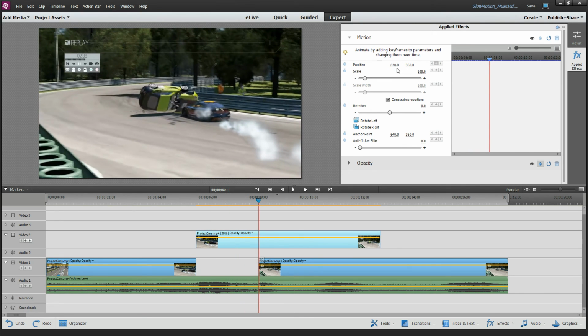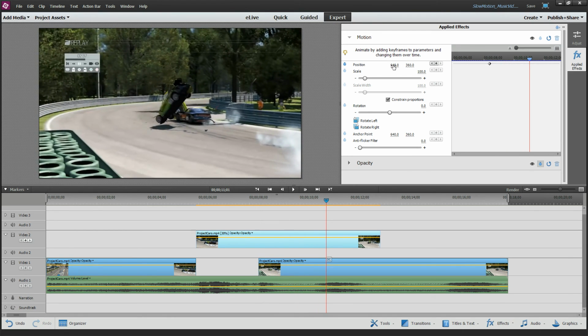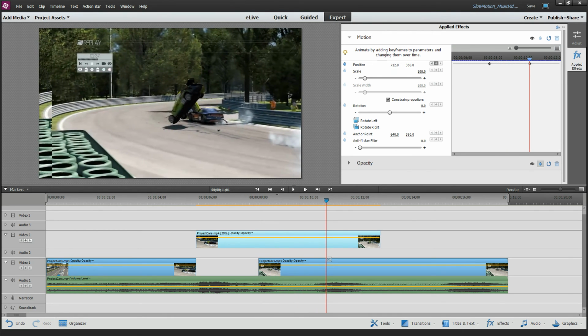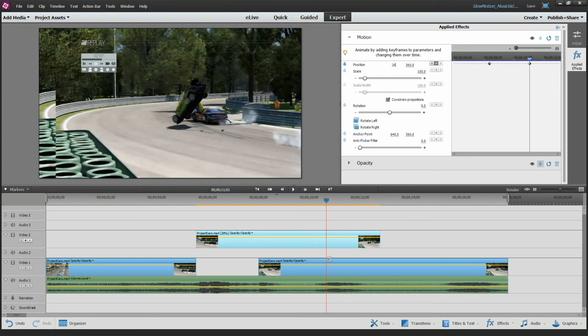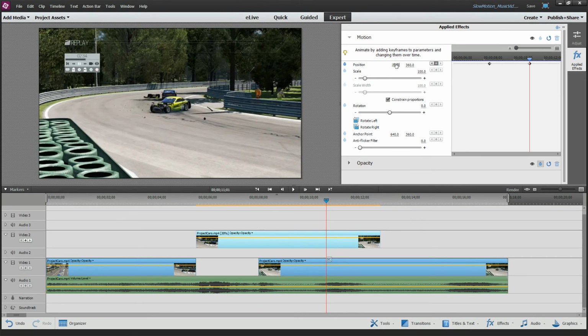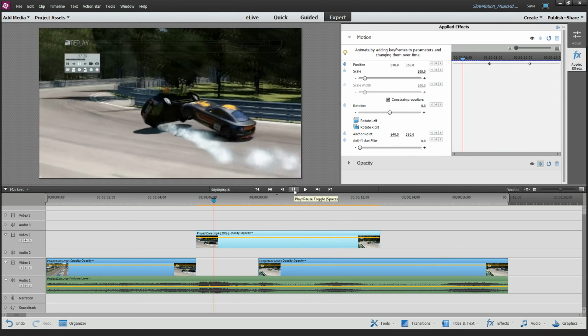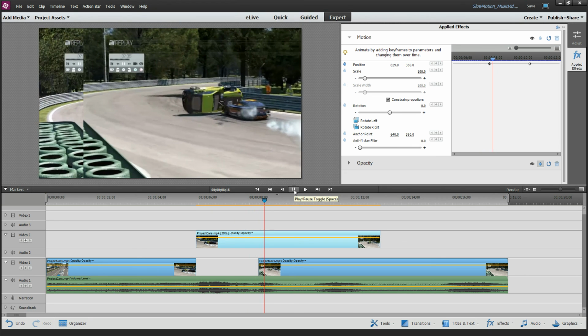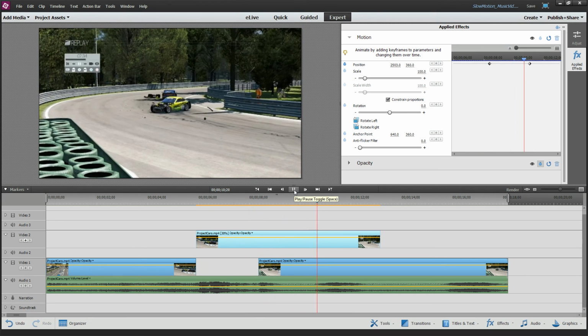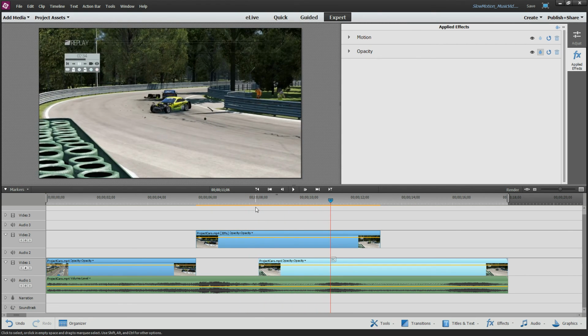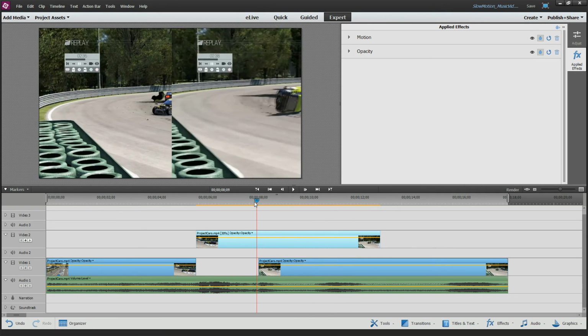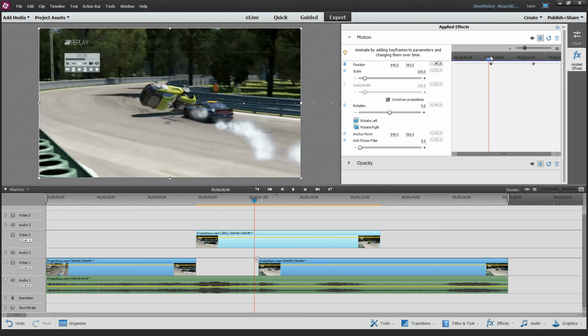Sometime around here, let's remember that position. And then over here, let's change it to, I don't know, a couple thousand, 2,800, whatever. So what's going to happen is it's going to wipe real fast to the right. All right, one way to do it. Another way you might want to try is to expand my motion.